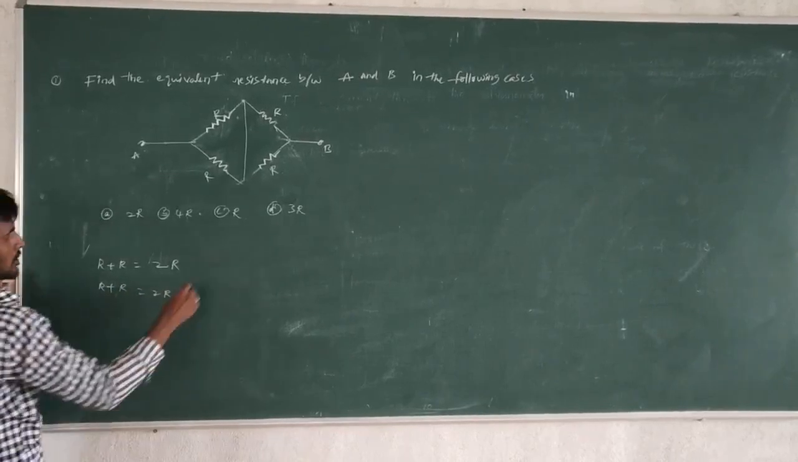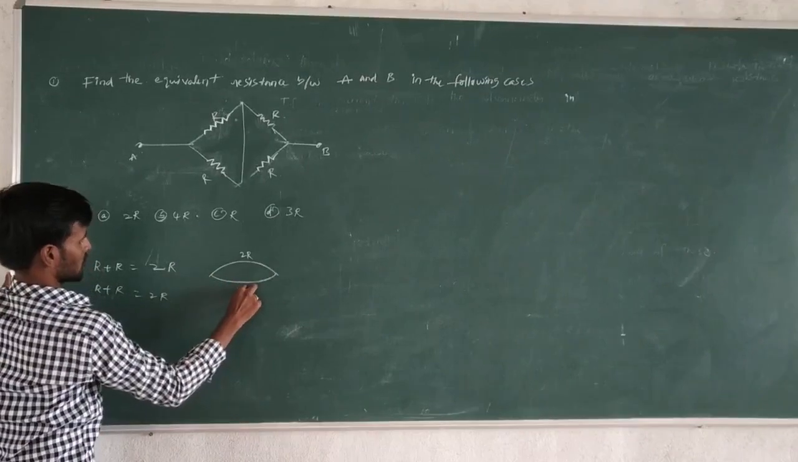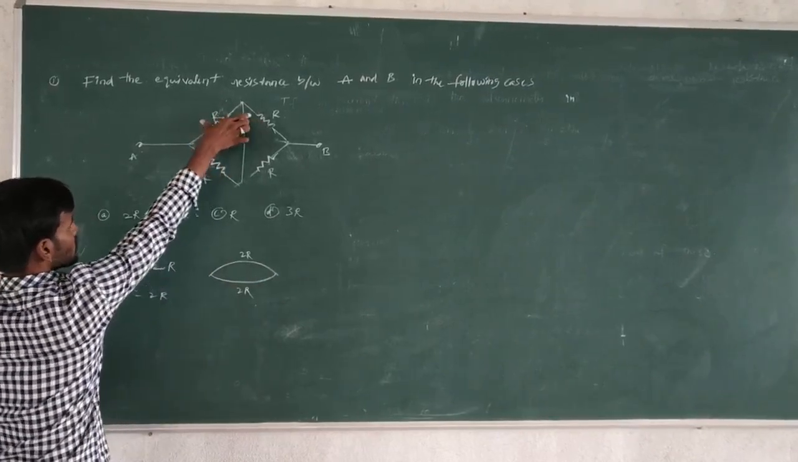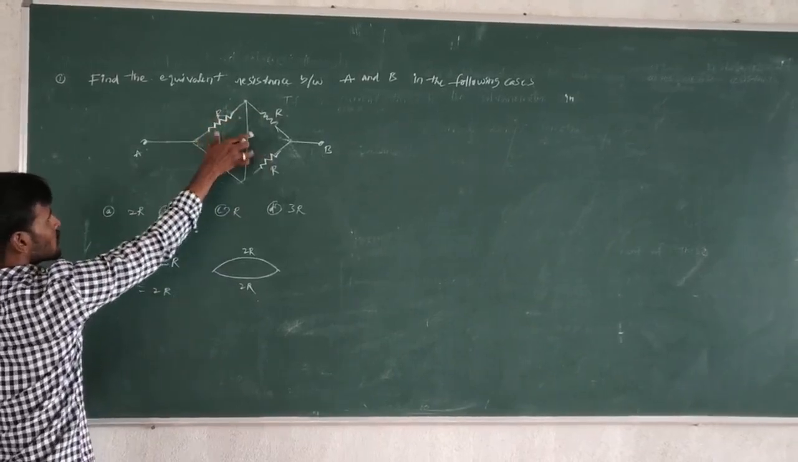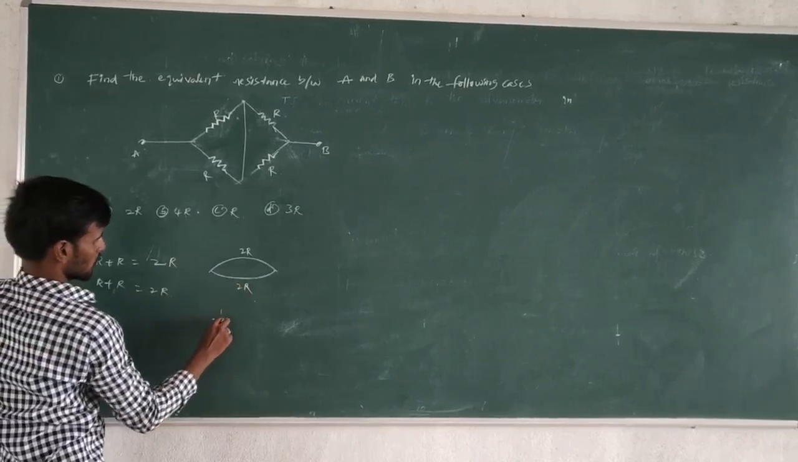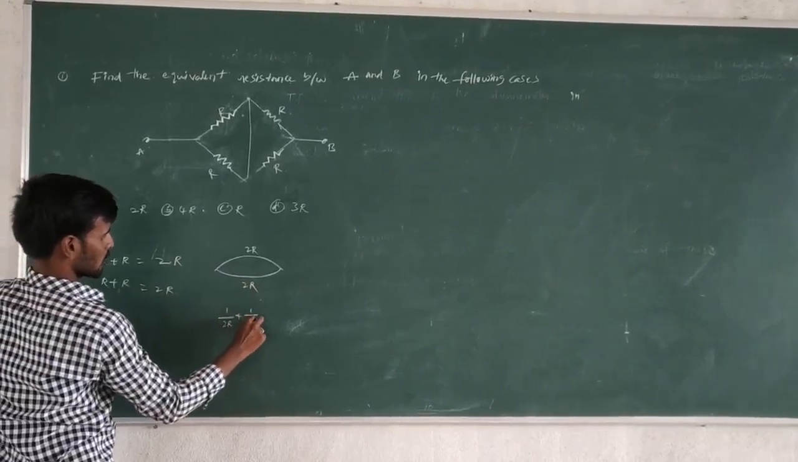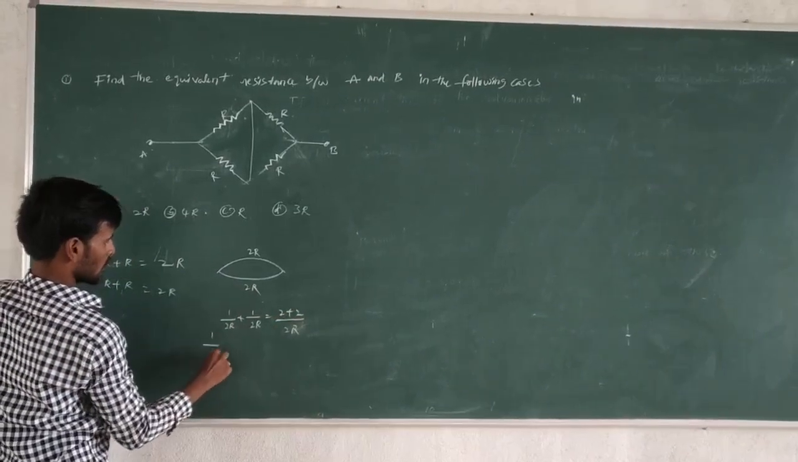Now these two resultant resistors are in a parallel connection. Using the equation, 1 by R equivalent is equal to 1 by 2R plus 1 by 2R, which is equal to (2 plus 2) by 2R. So 1 by R is equal to